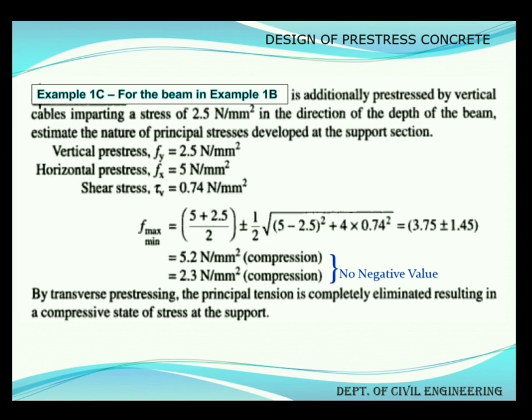So now in this example, what we have studied: first we started with a beam where there was no Fx and Fy. We got the principal stresses, compression positive, tension negative. Then we took into account Fx, the impact of Fx with no eccentricity, a straight cable profile, computed, and we found that we still have the tensile stress existing, but it has come down. Then in the next case, with the same beam, we had a parabolic cable profile with an eccentricity of 100 mm and jacking was done at one end.